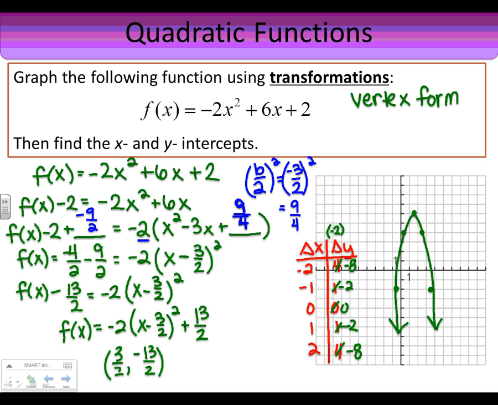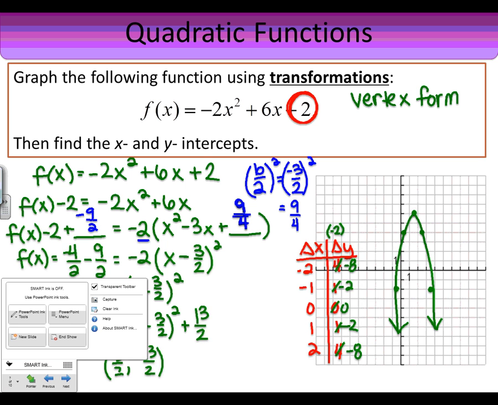All right, let's go ahead and find our x-intercept and our y-intercept. Remember, the y-intercept is always the c value when you're in standard form, because if I plug in 0 for x, I'm just going to get 2. So I get my y-intercept is 0, 2, since I just plugged that 0 in for x and got 2 for my y. My x-intercept,